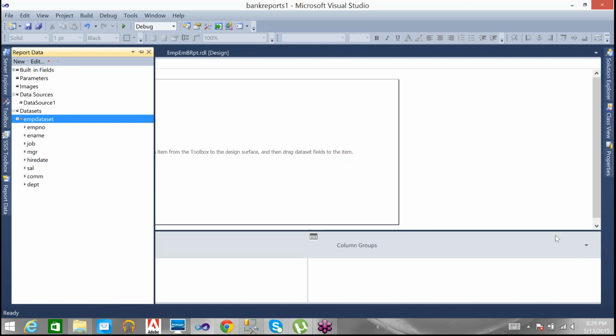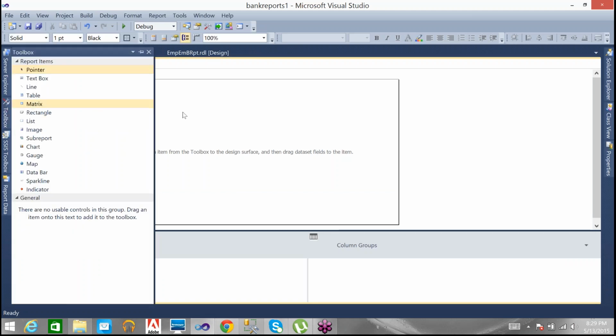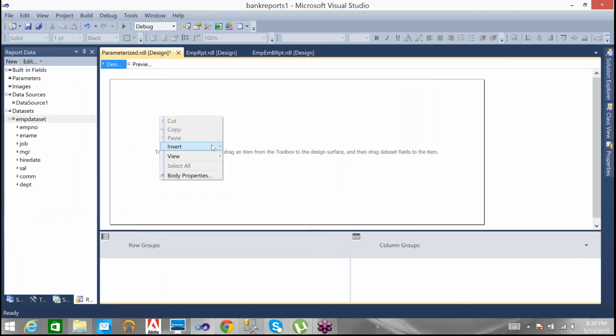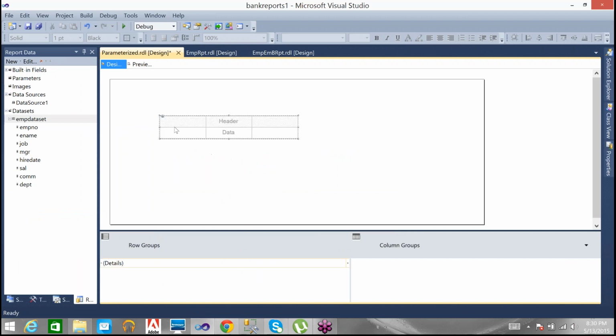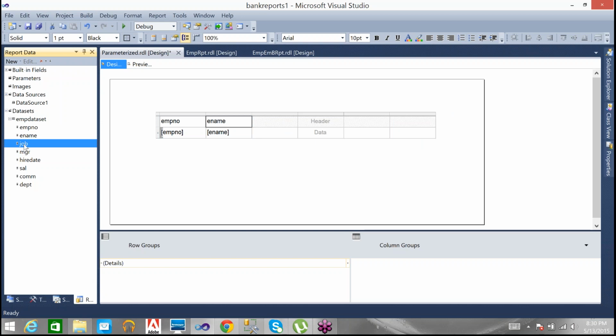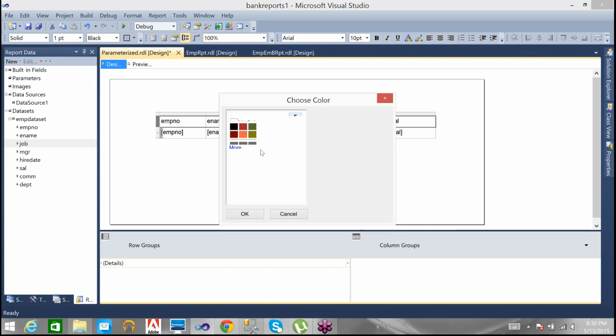Now you got all the information. If I'm displaying the data in a simple table format, let me insert a table. I'm going to add more columns. Then I'm going to use the values here. Now let me apply some design to the header.